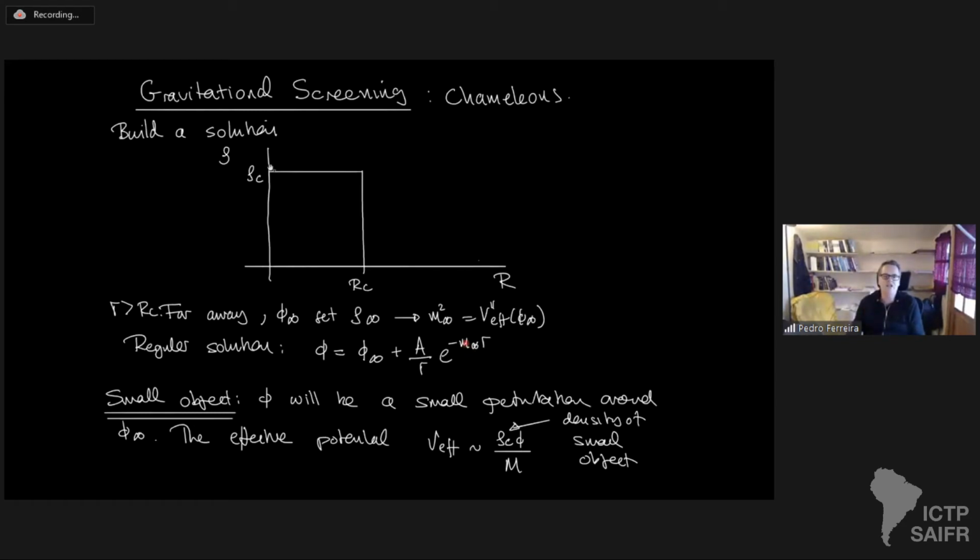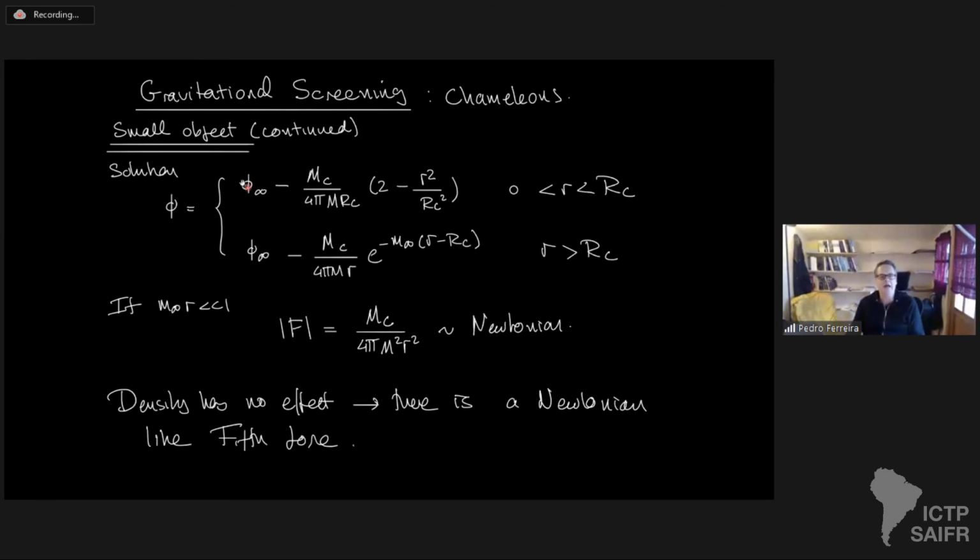Now let's consider a small object here. If we put a small object here, phi will be a small perturbation around that asymptotic value, okay? Which means that the effective potential is effectively rho c phi over m, okay? And so if we do that, we can solve it, and we can solve for it. And what we find is that inside the object, we have that